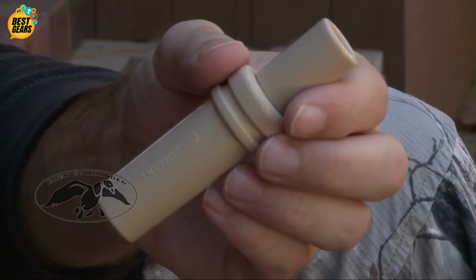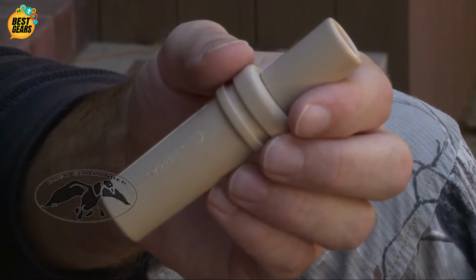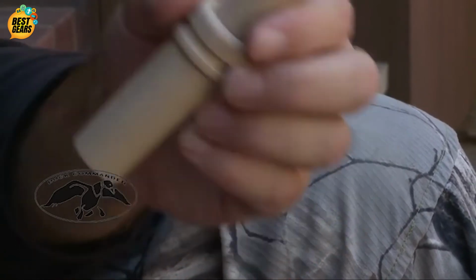This is the wood duck. It's made from high impact plastic and it's a single reed. A wood duck call has 3 levels built inside the call. Here are the 3 levels. First level, you just apply pressure, more pressure,